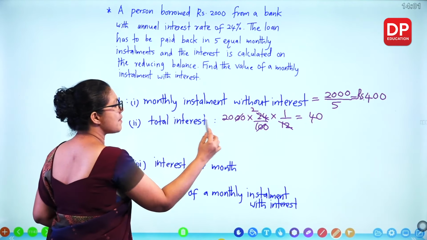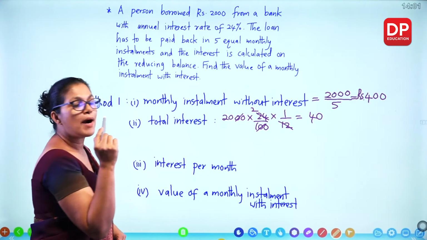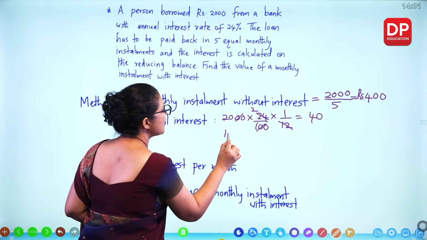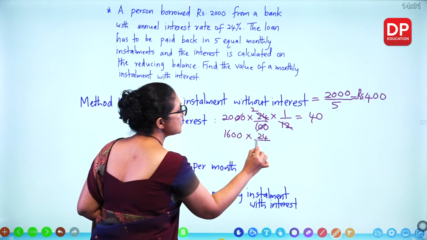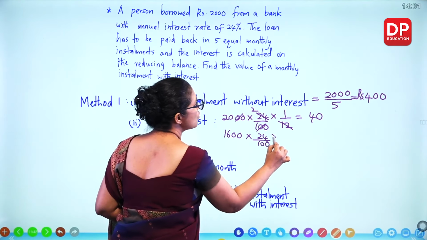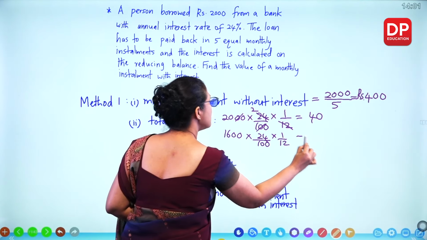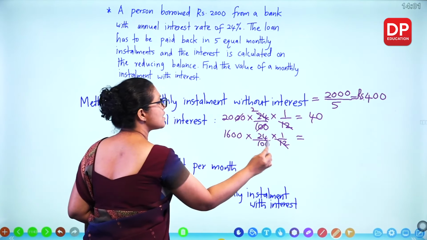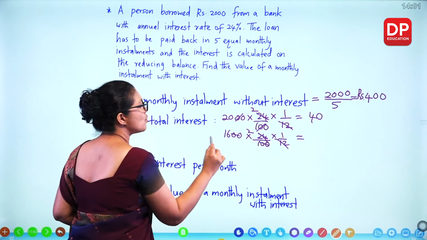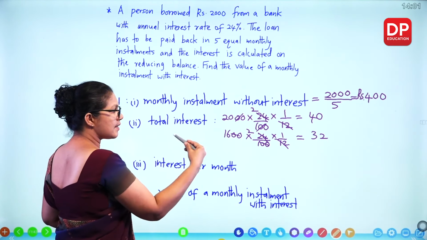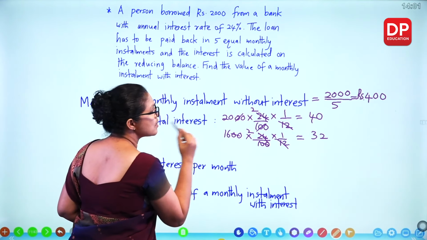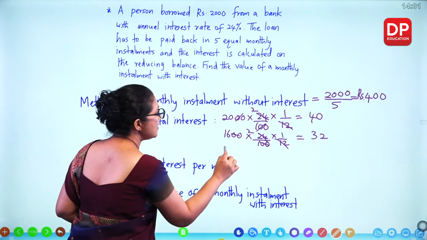Then for the next month, 2000 minus 400, 1600 into 24% into 1/12. What you get? 12 times 2, 32 rupees. Third month, 1600 minus 400, you get